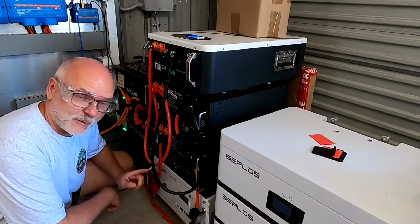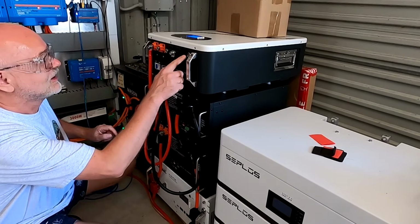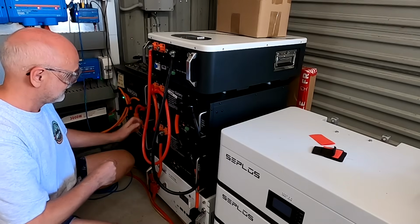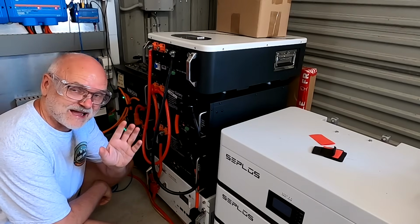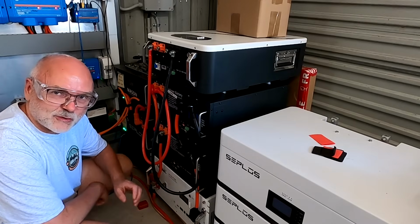So, the reason why I need the Gobelpower battery today is because I want to do an update on this battery, a hardware upgrade. But before that we need to take everything apart here, and then, so you know, Gobelpower